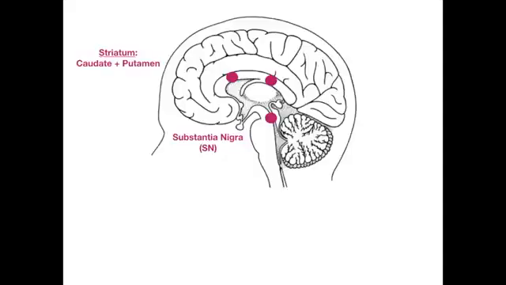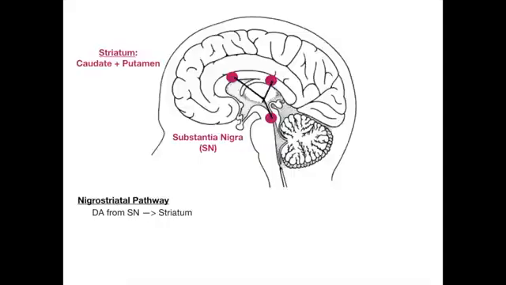Now, this pathway, the nigrostriatal pathway, I told you, is responsible for the coordination of movement. So this is the intricate involvement of something called the basal ganglia. Now, normally, the dopaminergic neurons project from the SN to the striatum. But what happens in a patient with schizophrenia who has way too much dopamine in the mesolimbic pathway, causing positive symptoms, and not enough dopamine in the mesocortical pathway, causing negative symptoms, you should know, and we'll talk about this later in the video, is that we treat them with antipsychotics that decrease levels of dopamine.